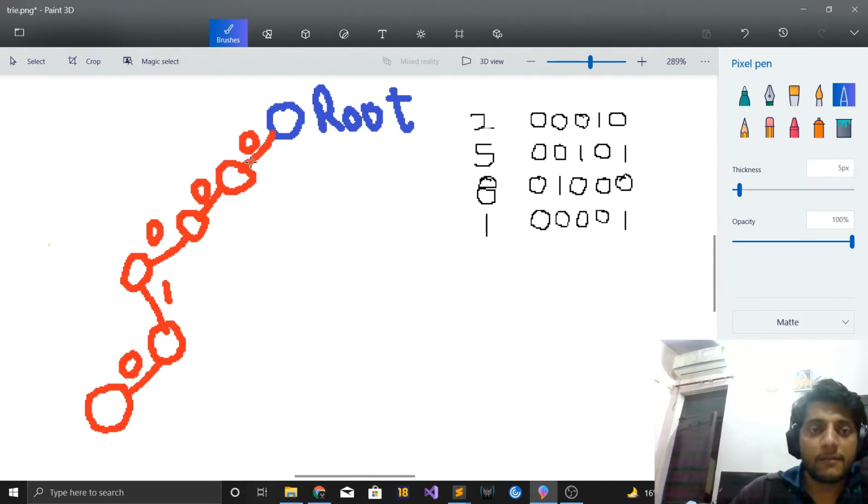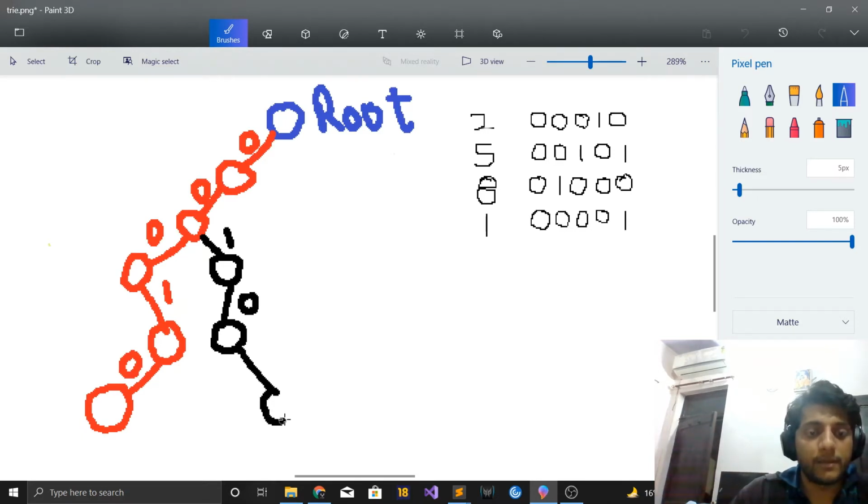Okay. So hence 5's first bit will be represented by this only. Now second bit of 5 is also 0. So this particular node which we had already made while inserting 2 will represent the second bit of 5 as well. Okay, now third bit of 5 is 1. Now this node does not have a child with bit 1, so we will create one child. So this is that, and this is 1. Okay, now fourth bit is 0 for 5 and fifth bit is 1. So let me quickly insert them. This is fourth bit 0 and this is fifth bit 1. Okay, so you can see here that data is represented in a very compact manner in the trie.